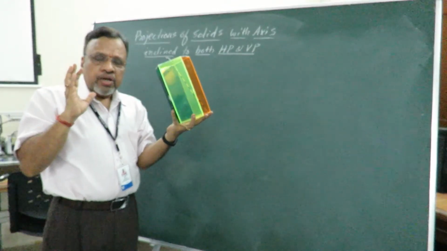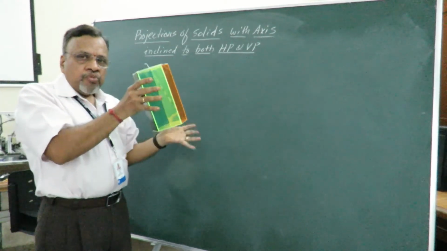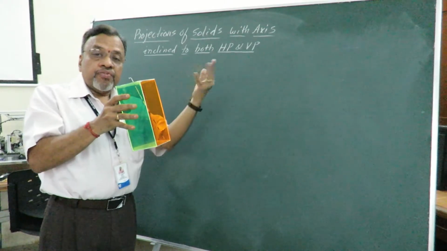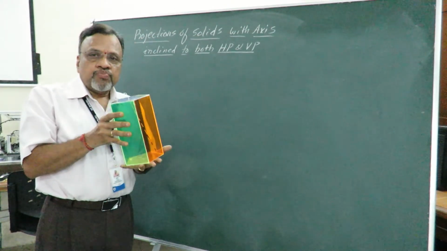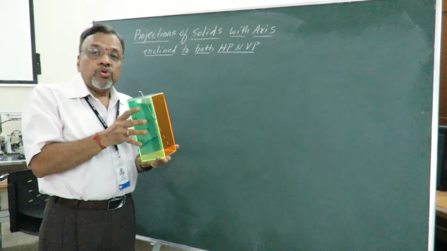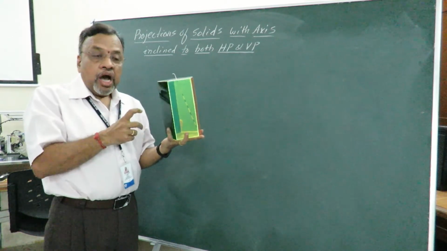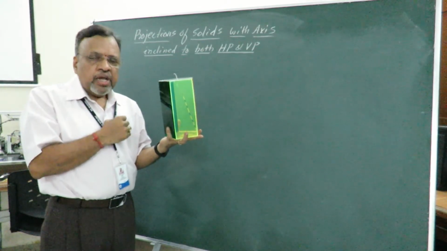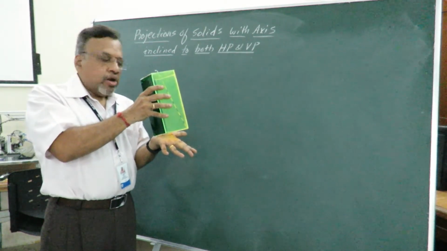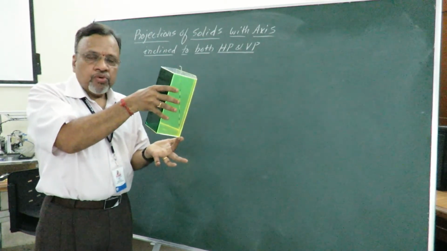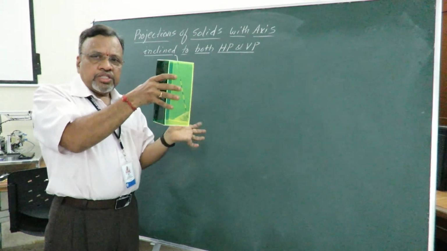Are you following what I am telling? If I don't take care of this stage 1, then every student will have different orientations, so everybody will have hundreds of solutions. But I want to have a unique solution. So in the problem statement, I need to mention whether one of the base edges is resting on HP or it is resting on a corner.